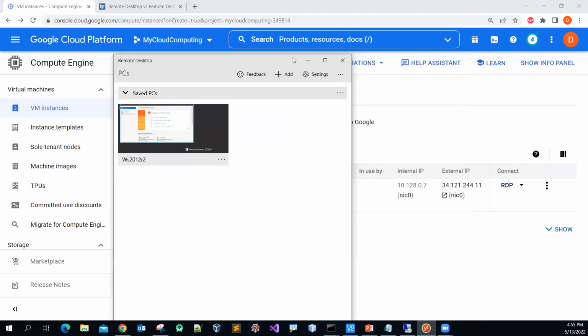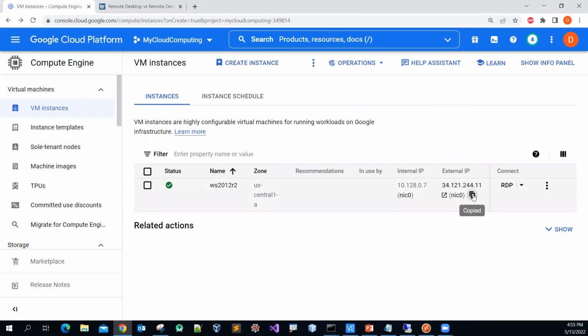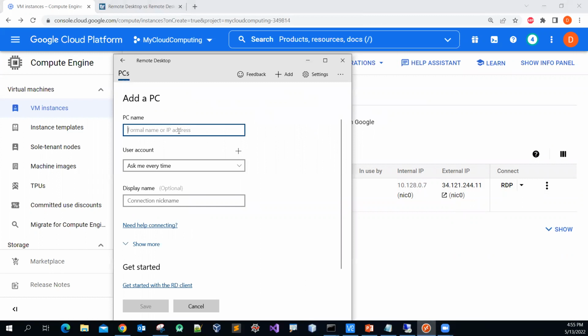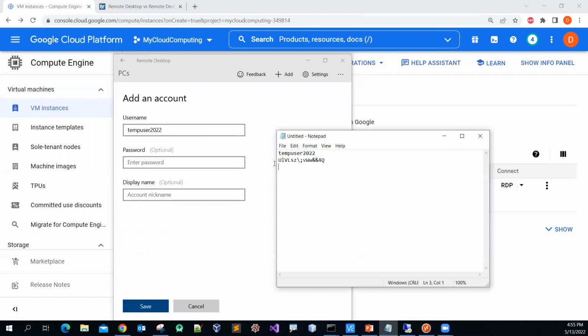Then I'm going to click the add button, add a new PC, and then I'm going to copy the IP address and paste it over there. Then I'm going to add the username. A moment ago, I set up the temp user, 2022, and then the password. There's no way I can remember it, so let me just copy this one